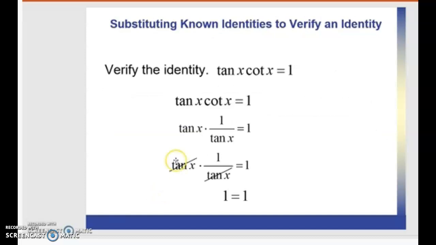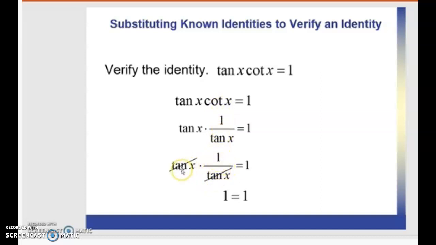Now looking at some examples. An example of substituting known identities to verify a new identity. We are given the tangent of x times the cotangent of x equals 1. Well, we need to verify or prove this by making the one side of the equation identical to the other side. Of course, using our reciprocal identities, we know that the cotangent of an angle is defined as 1 over the tangent of an angle. Things that are equal, we can replace one with the other. So making that substitution,